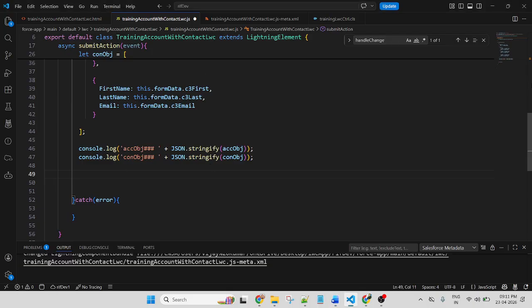So first let me create a variable. This is a constant variable, results. We can store the value that I am getting from the Apex class.